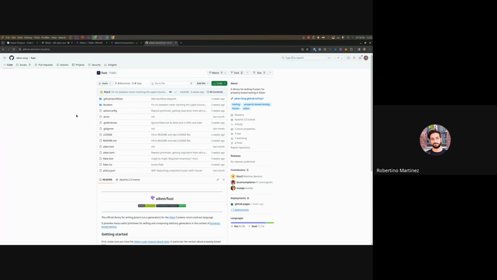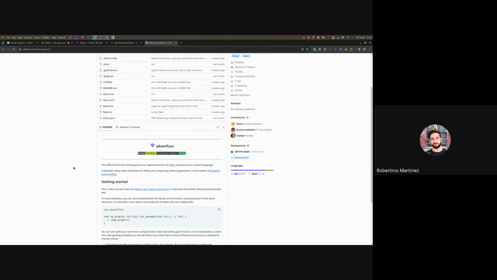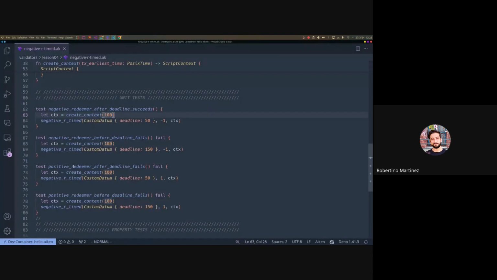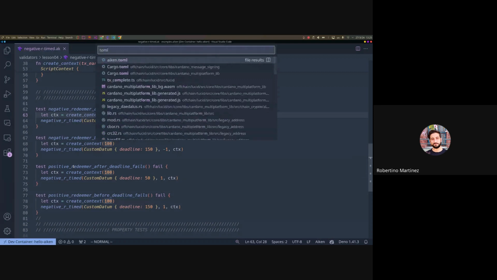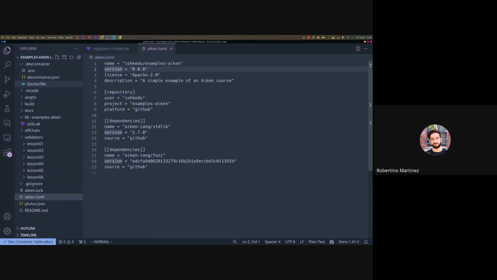In this case, we're going to use a different library, and so we have to add it to our dependencies. I think I already have that, but it's really easy to do. If we go to the Aiken TOML file, which is in the root directory,